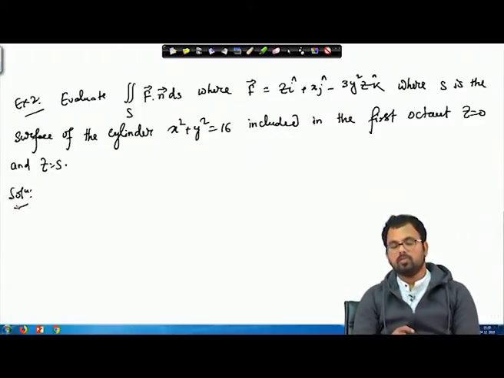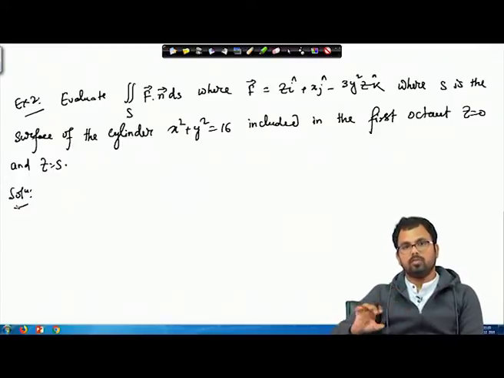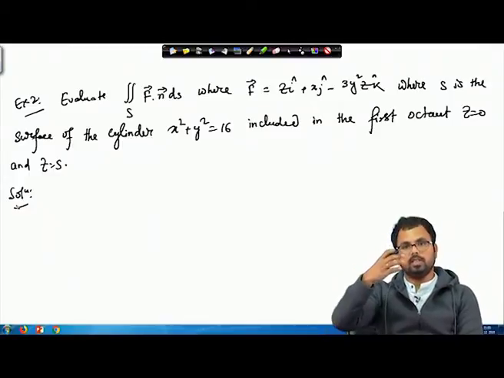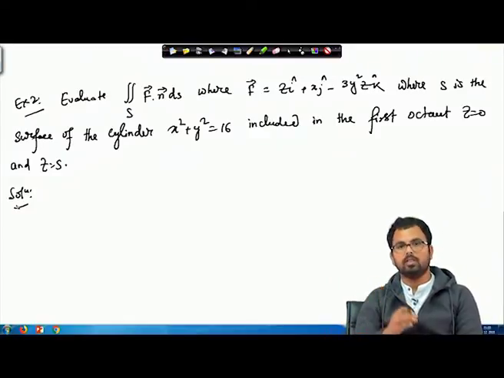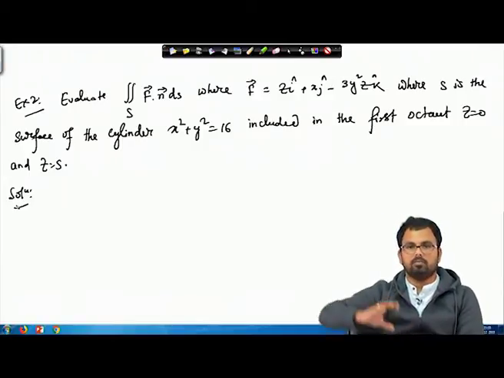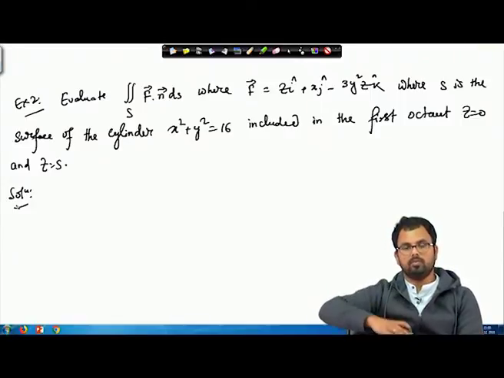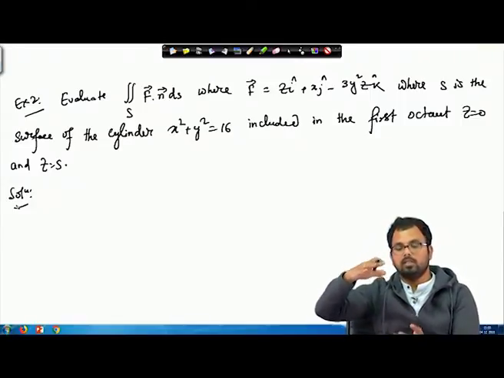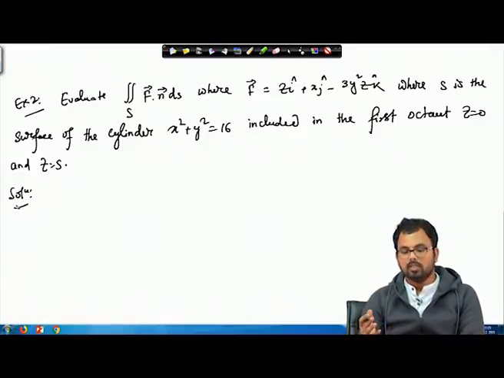So basically x square plus y square equals 16. That's a circle, and then you have z equals 0 and z equals 5. So it is a cylinder. Now if you consider the part which is included in the first octant, that means the circle in the first octant, and z from 0 to 5, I mean the height of that cylinder. So whatever lies in the first octant of that cylinder, that's the surface S, and our